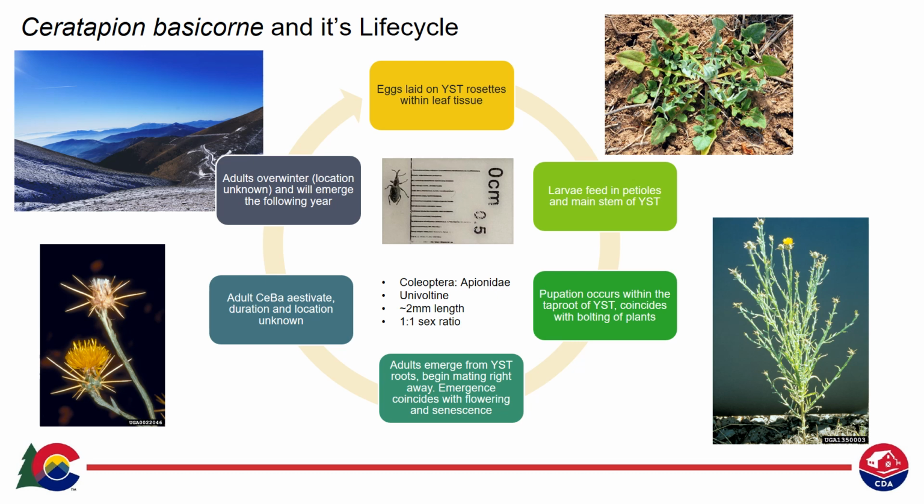Ceratapion basicorne, also known as SIBA, is an incredibly small weevil measuring approximately 2 millimeters in length. They are univoltine, meaning they have only one generation per year. In early spring, adults emerge from their winter diapause and will begin laying eggs within the leaf tissue of young yellow star thistle rosettes. The larvae mine through the main stem of the leaves into the taproot where they will